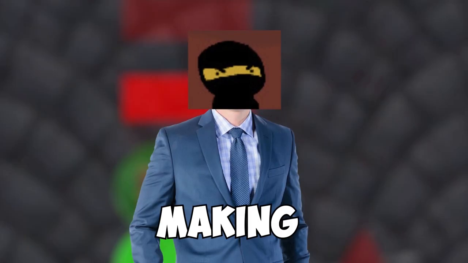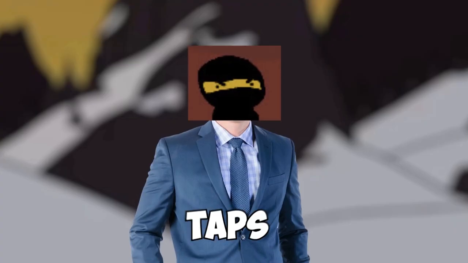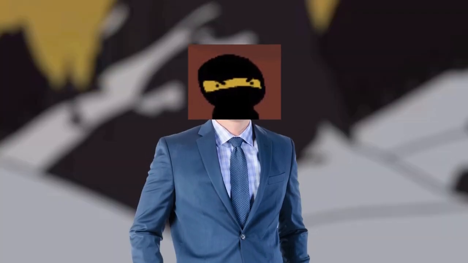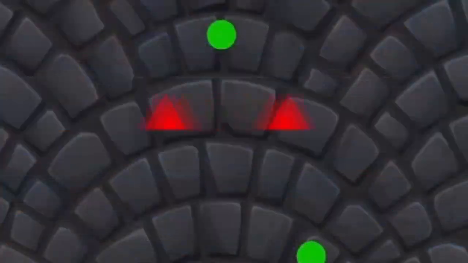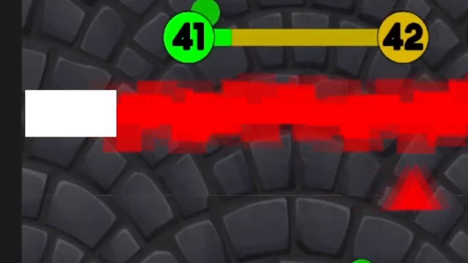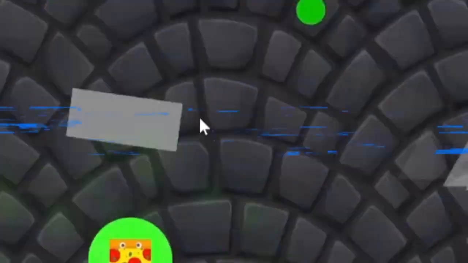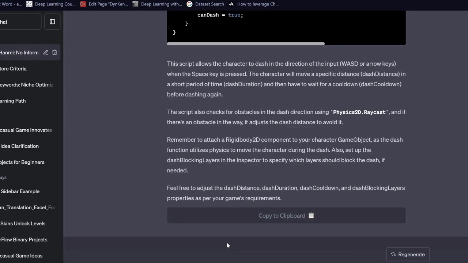So I first started by making some checkpoints, which is the thing that the player dashes to when he taps the screen. And after making the checkpoint, I started making some other obstacles, like this bike that moves from one place to another, this laser gun that shoots this big laser, or other types of obstacles that you can see right now on screen. Really cool, but the game didn't finish there, because now we had to make the actual